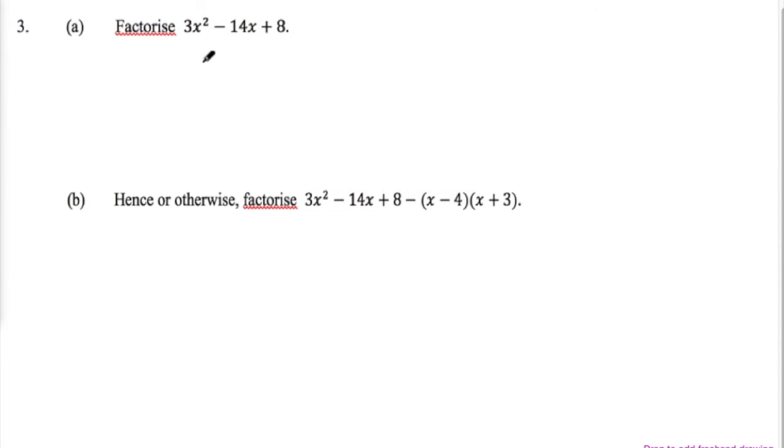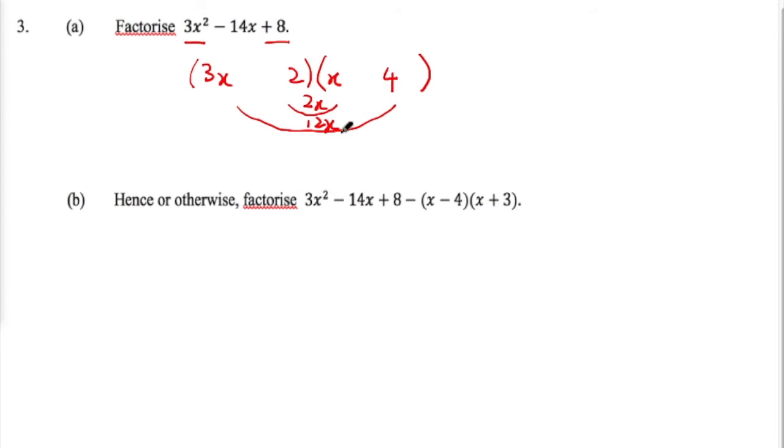Question 3a. We must factorize 3x squared minus 14x plus 8. To factorize, we need to make use of the factors of the first term and the last term. The factors of the first term is 3x multiplied by x. And the factors of the last term is 2 times 4, which is 8. To check whether the middle term is correct, we multiply across like this to give us 2x